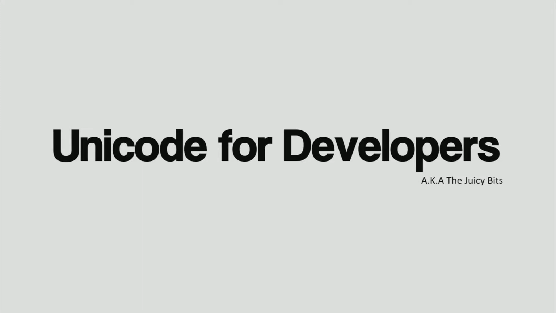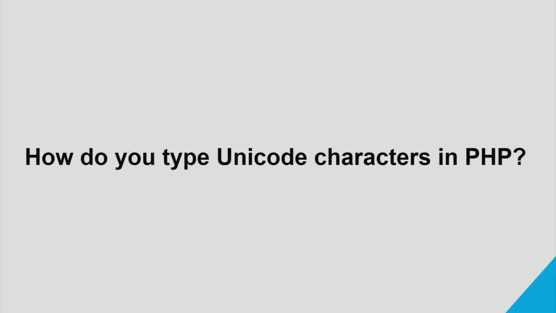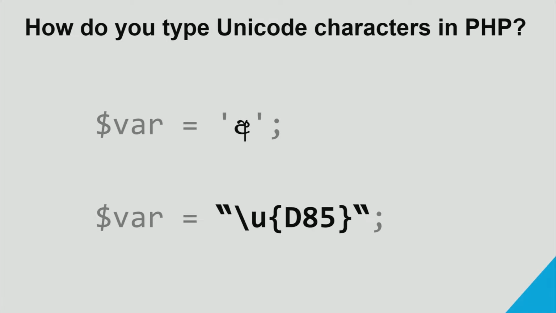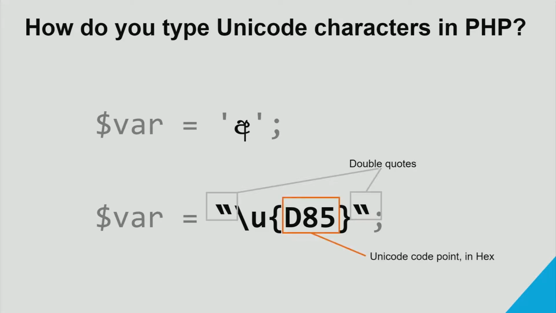So the first one, how do you write Unicode characters in PHP? Well, you just write it. You can just start a variable, and if you can type the Unicode character, just type this character. But if you have to write a specific Unicode character, you can use this syntax. You start with double quotes, it must be double quotes. Single quotes never work. Then start with the Unicode code point and wrap this with curly braces and then start